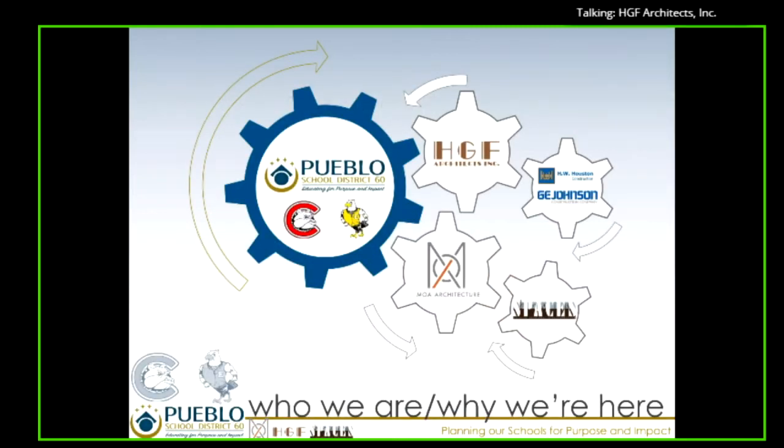This is the team that's working on the project right now. We have Pueblo School District 60 along with Centennial High School staff and East staff. We've been working with HGF, GE Johnson, MOA, and Brain Spaces. We're all working together, starting to design the project.